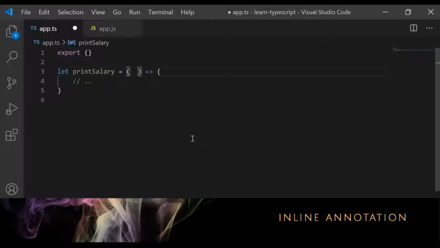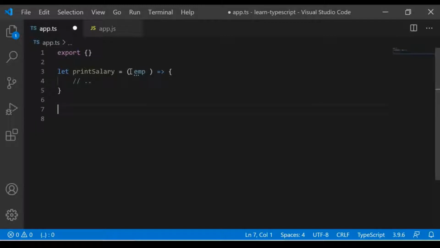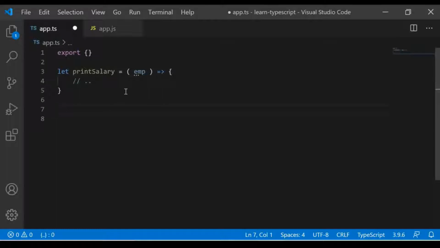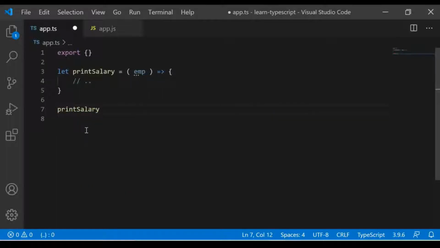Maybe it is emp. Okay, employee. emp stands for employee. So employee is encapsulating all the properties of that employee, which is responsible to print the salary. Now we can call this print salary here, like whatever arguments were there.